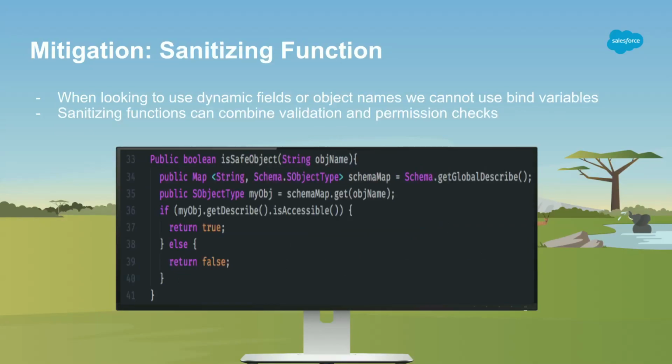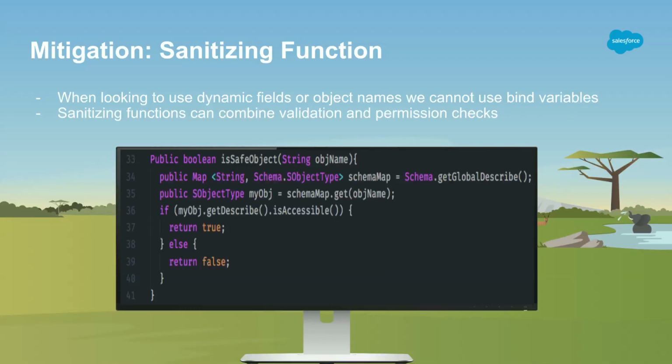The other thing we could do is write a sanitizing function. So in the event that you can't use a bind variable, we still have the ability to take that user input and do some extra filtering on it. So in the case maybe you're doing a dynamic field or an object name, you can write a function and do some checking on that to make sure it's actually accessible, to make sure that it actually exists in the system, and only if all of those things are true do we end up returning that data back